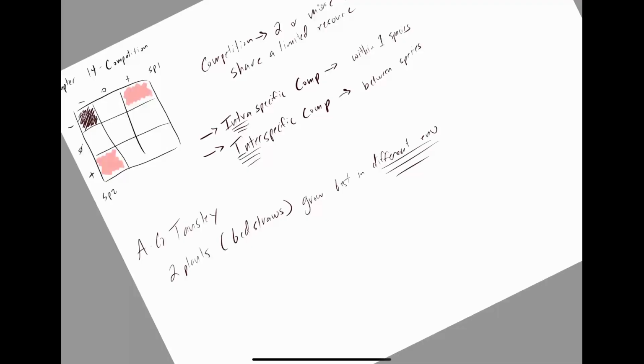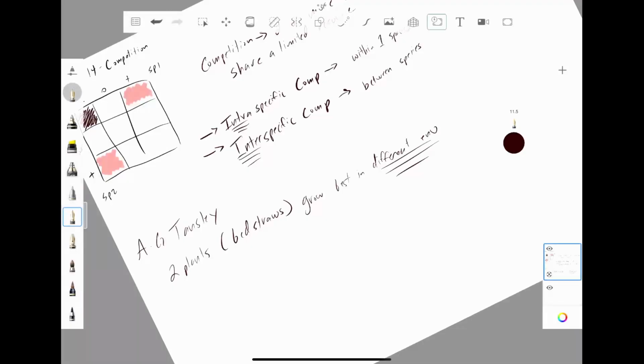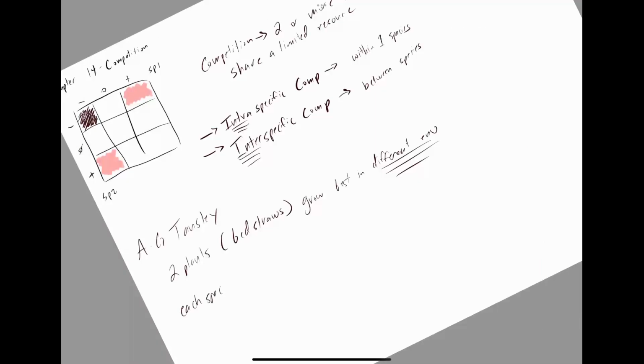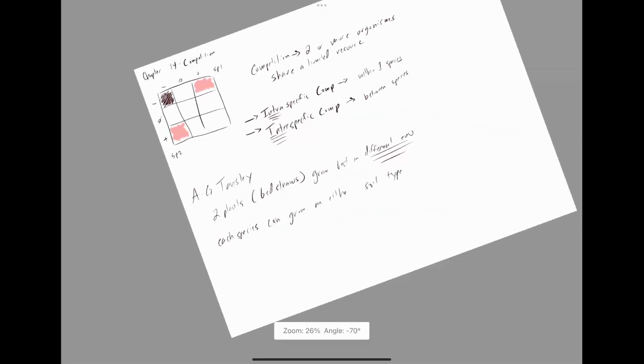And at first this seems like abiotic conditions are shaping species distributions on the landscape, right? We've talked a lot about this in other chapters. But one thing that was really cool and what Tansley showed is that when each species was grown alone, they could both grow on both types of soils, right? And so each plant species actually can grow on either soil type. And this is an indication then that the species actually had a larger niche than was realized in nature.